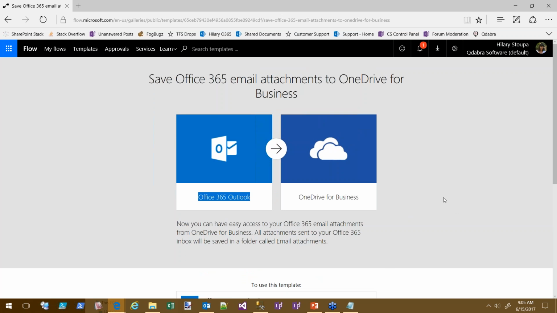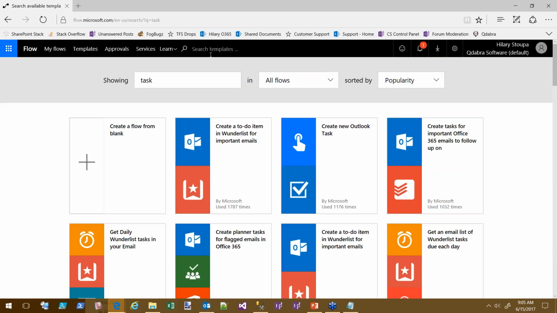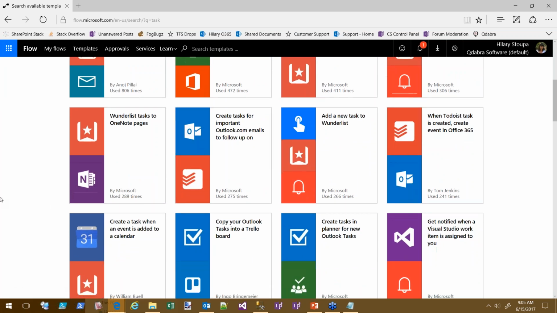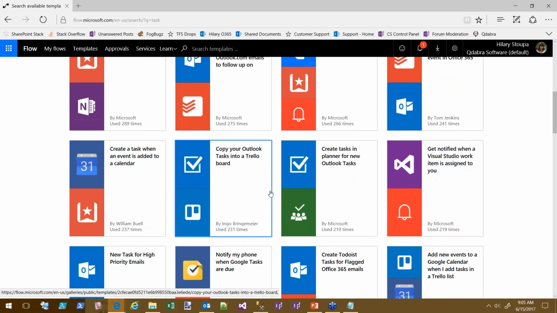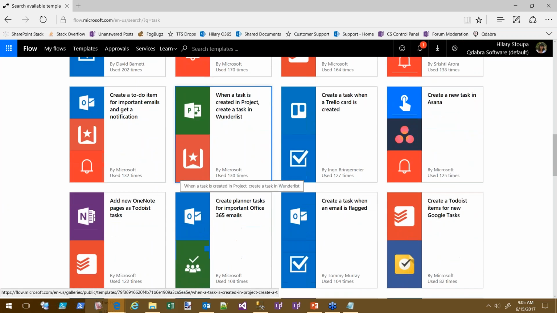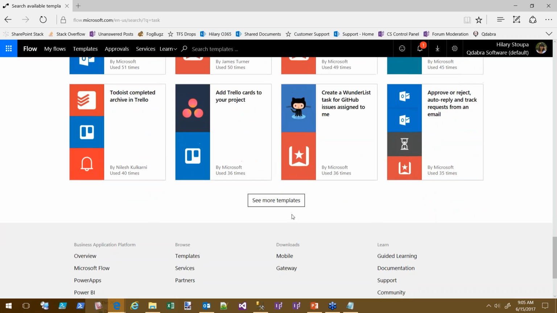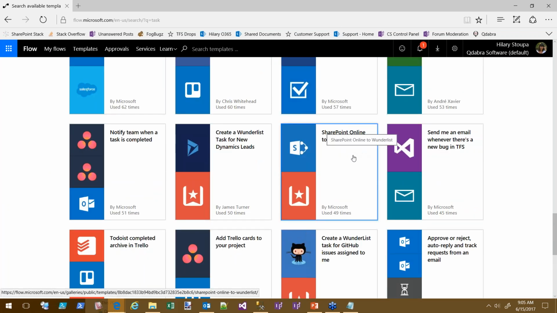Okay, this is about SharePoint. If we wanted to send an email when a task was not completed, is that possible through Flow? Maybe. When a task is not completed, so when a task is not completed by its due date? Yes. Okay, create tasks for important Outlook emails. Create task, create task, create task. We want to send an email on late tasks. I'm wondering